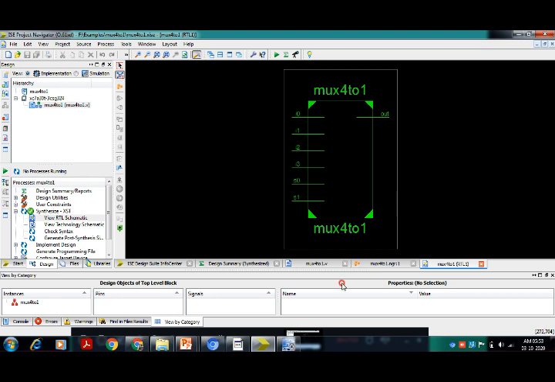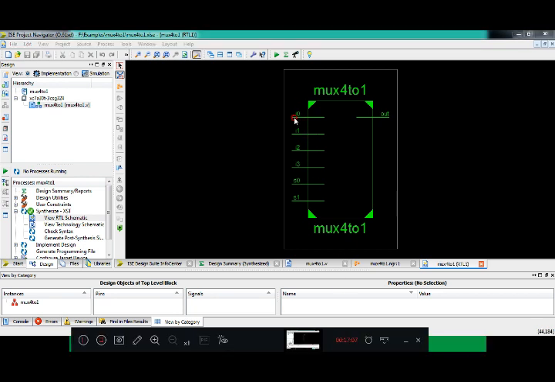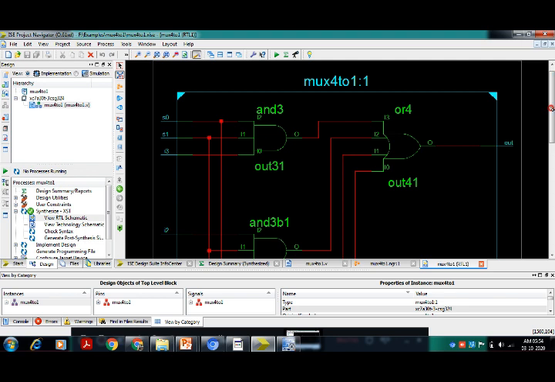So here you can observe, as expected, I0 to I3 and S0 S1, 6 inputs for your design. The mux421 module name acts as a symbol name and output, which is named as out. Further, if you want to see how the code is converted into hardware by the tool for gate level implementation, you can observe here, it has required I0 to I3, 4 input OR gate whose output is out.